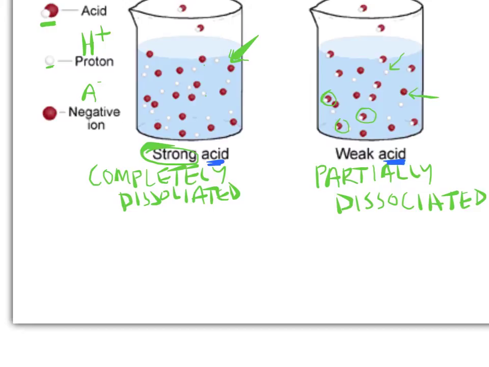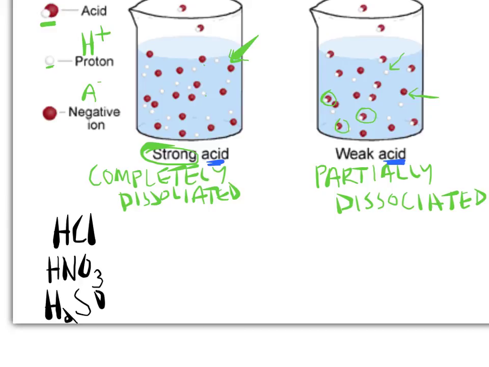There are 6 strong acids, and you have to know the names of them. Besides all of our other nomenclature, these are the 6 strong acids. They are HCl, hydrochloric acid, HNO3, otherwise known as nitric acid, H2SO4, otherwise known as sulfuric acid, HBr, hydrobromic acid,